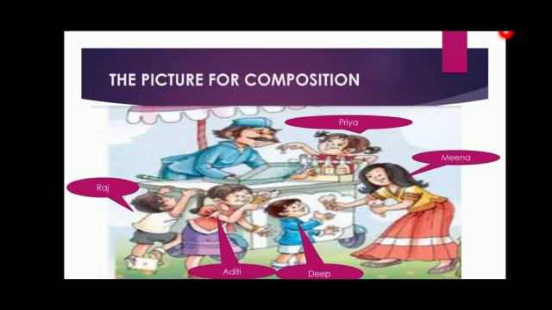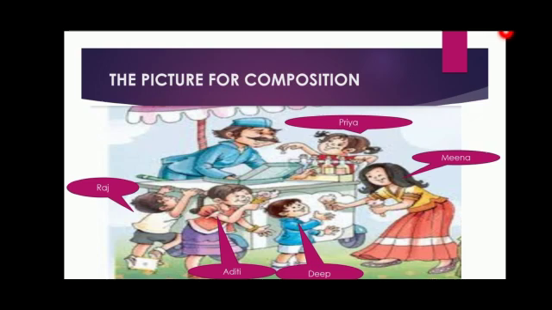You can also see a boy who is trying to climb the cart. Now he is a very small boy. He cannot reach the cart. So he is trying to climb it so that he can get ice cream from the seller. So you can give a name like Raj. Raj is trying to climb the cart to get an ice cream.